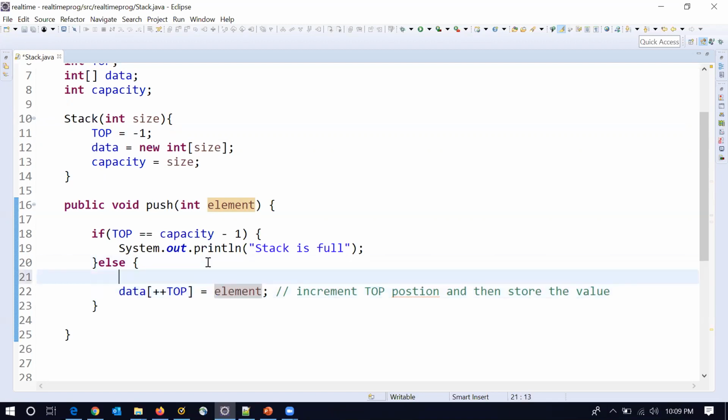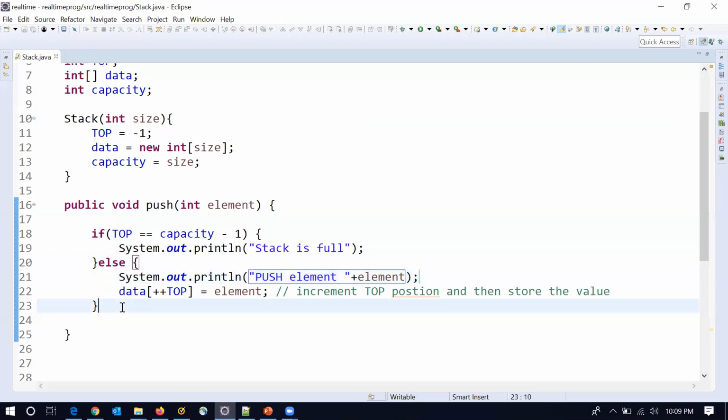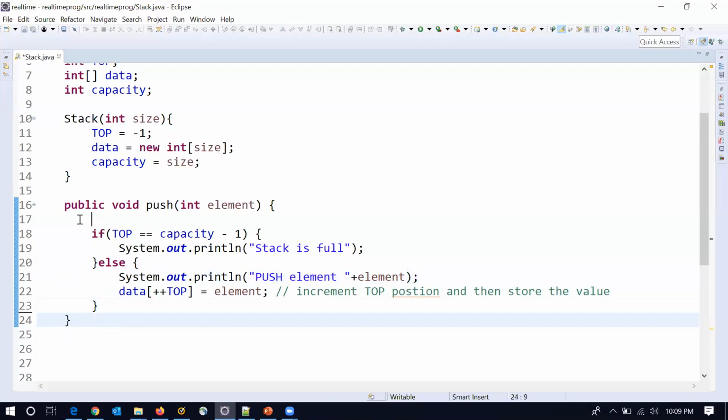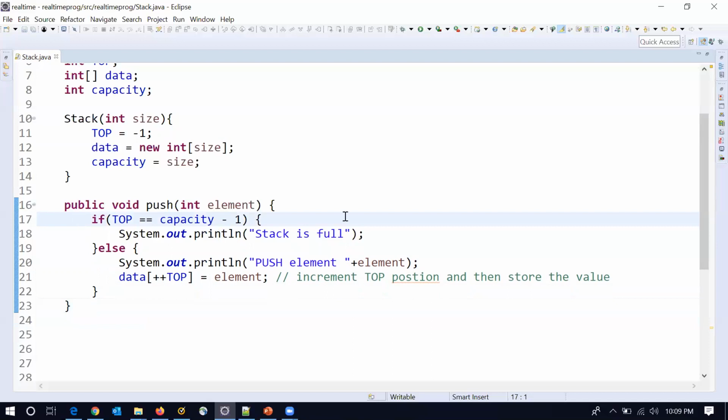Fine. So we can print here with system.out.println: push element. Which element we are going to push? We can print it. So in this way we can write the logic for push. Very simple. Two things are very important.